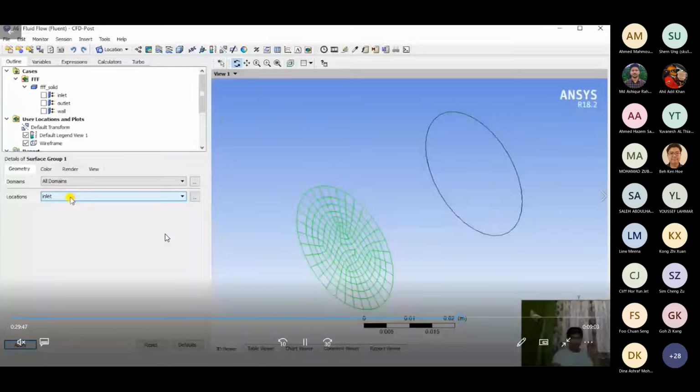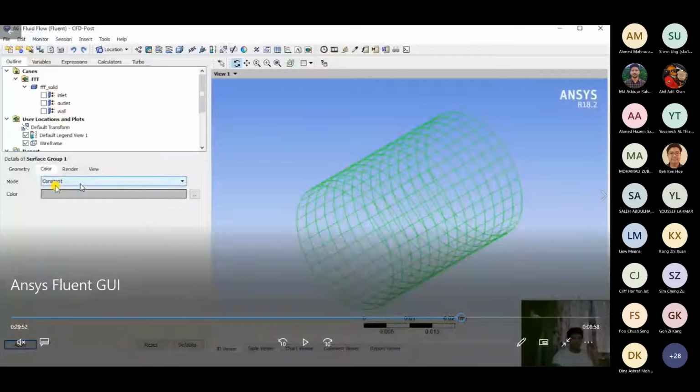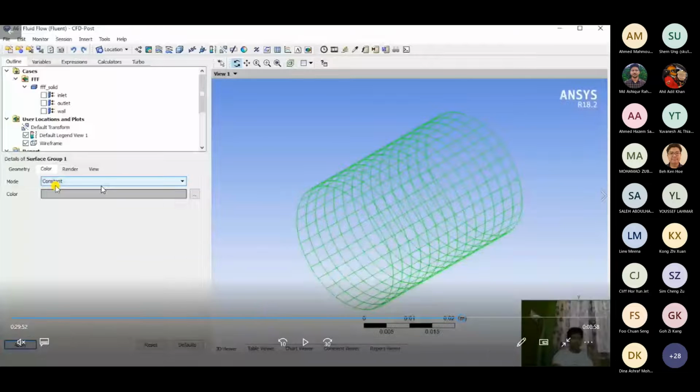Now here you can keep it as constant, or you can change it from constant to variable. What happens when you change it from constant to variable is that your physical variables like pressure, velocity, all of them, and their behavior on the wall will be represented in a color coding, which we'll see with the help of contours in just a bit.